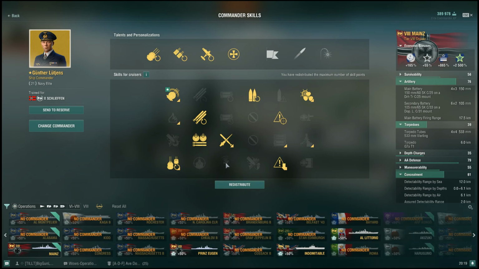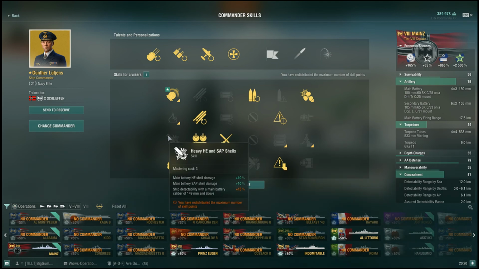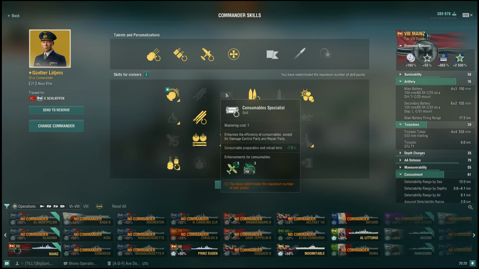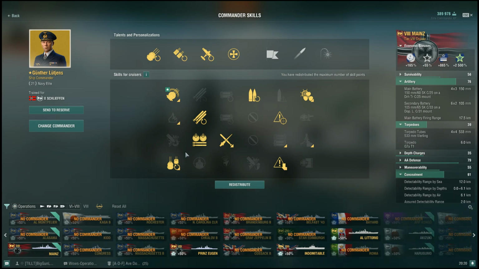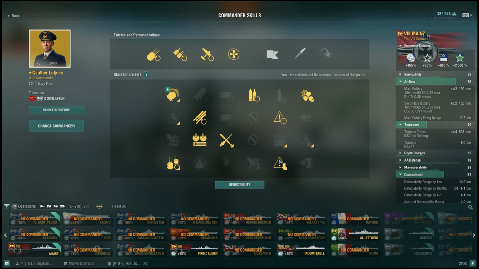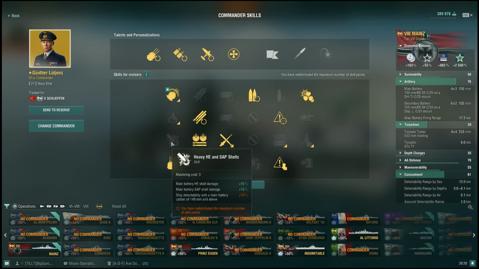this is particularly a mines build. If you really want DPM, you take off Concealment Expert and you go heavy HE, and then you have a point to pull somewhere else. Where would I even put the other point? I guess you could pull off these two, and then you have 6 points to play with. And then you would do heavy